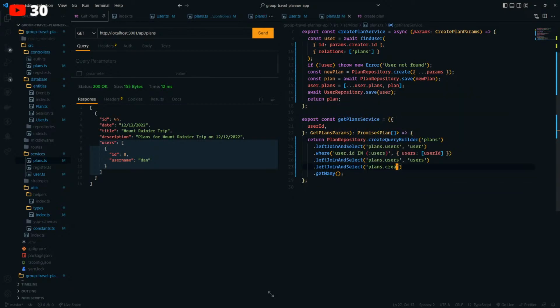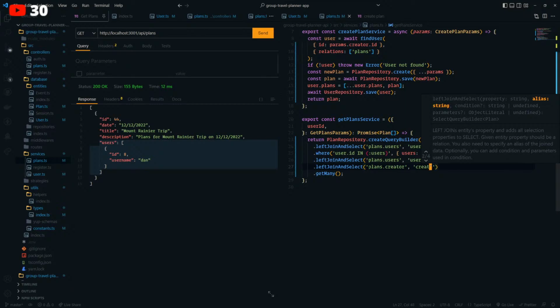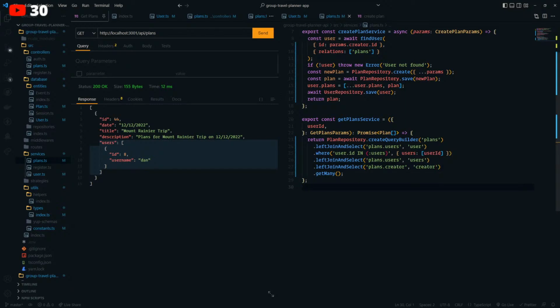Plans dot creator. Does creating this app make you any money? Well, right now I'm not making any money from this app because I'm only building it. But if I want to publish this app to the market, I could. And maybe I will, because I genuinely want to use this app. When I was traveling, I was thinking about an app like this, and I was like, this would actually be pretty cool if I had an app like this. So I could publish it, I could make money from this if I really wanted to.